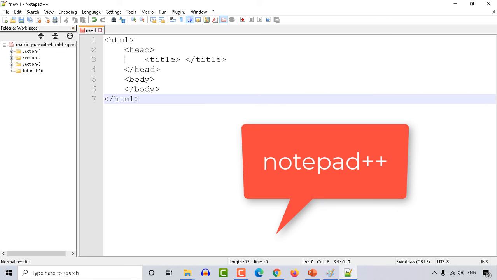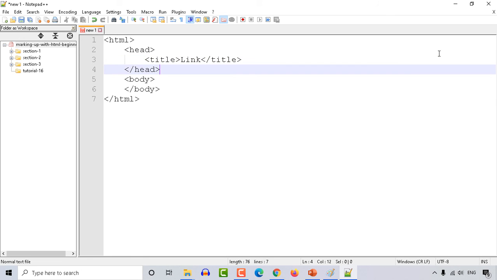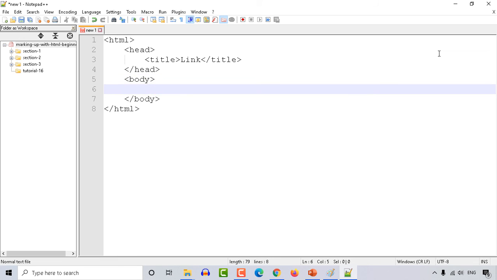Okay, so I have opened my notepad and the compulsory code is right over there. Here I'm going to introduce you to the anchor tag or the link. Let me give the title of the page as link, and here I'm going to create a few links. The first link I'm going to create is to the Google page. So I'm just going to type in Google and close this anchor tag, and within this href I will provide a value. What value will I provide over here? I will provide the URL, and that will be https.